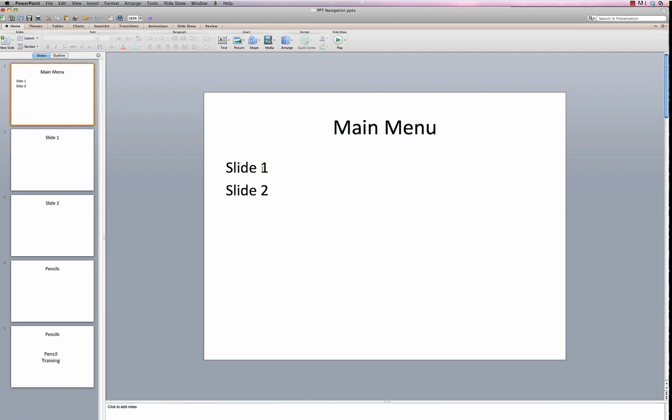The simplest method to use is you can just simply have text here that you can navigate to by setting up a hyperlink to slide 1 or slide 2. So the way that you would do this, using a text as a hyperlink, is to simply select the text, click Insert,